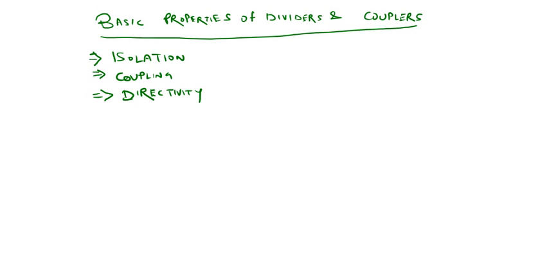All these are terms that we are going to see in our analysis. So let us start with the three-port network. I already told you, these are called the T junctions. So let us analyze the three-port network.